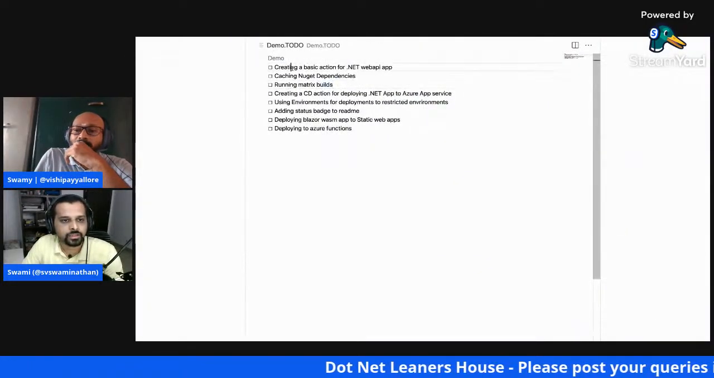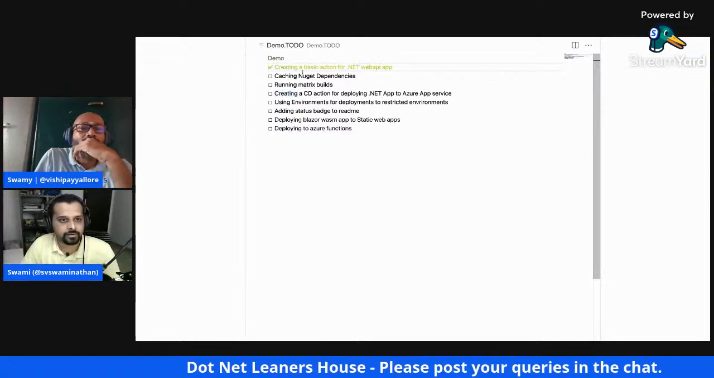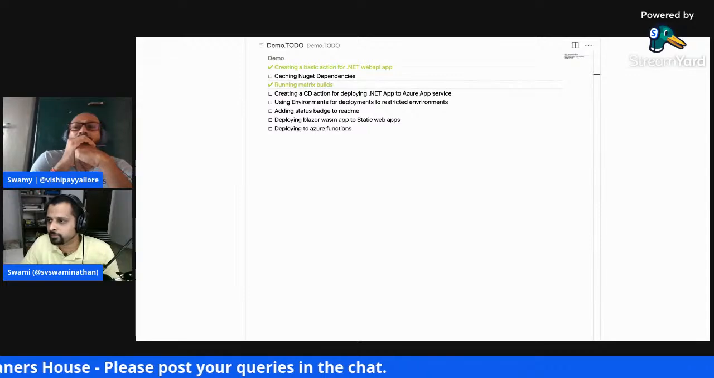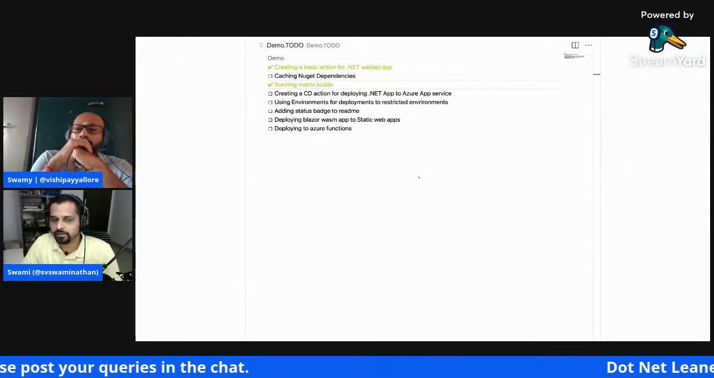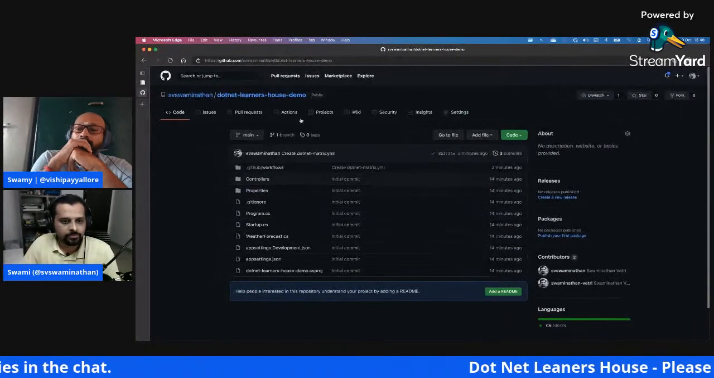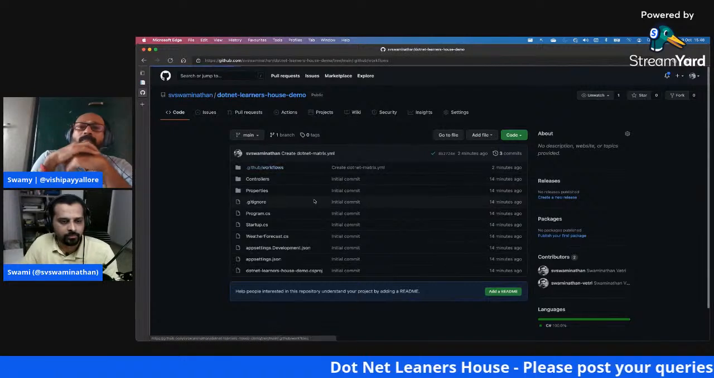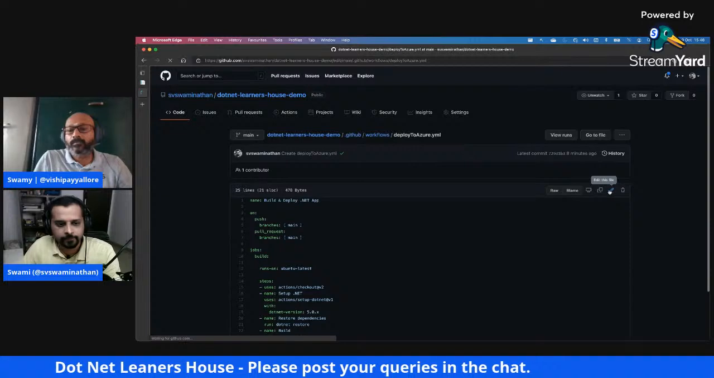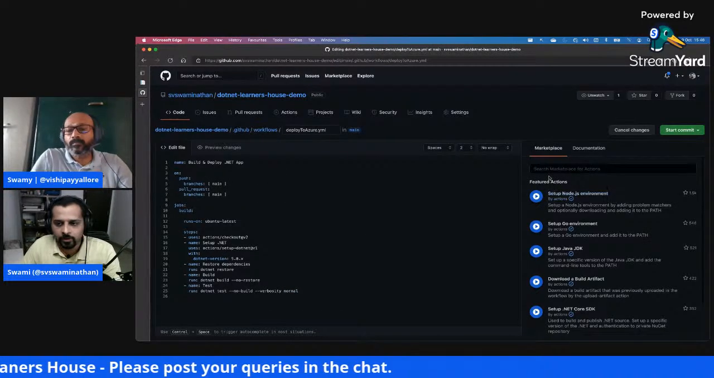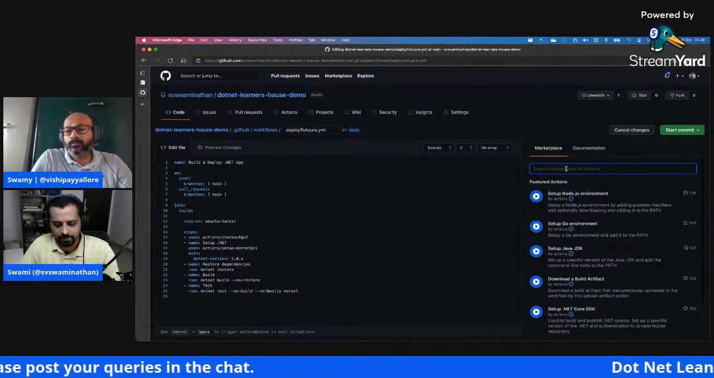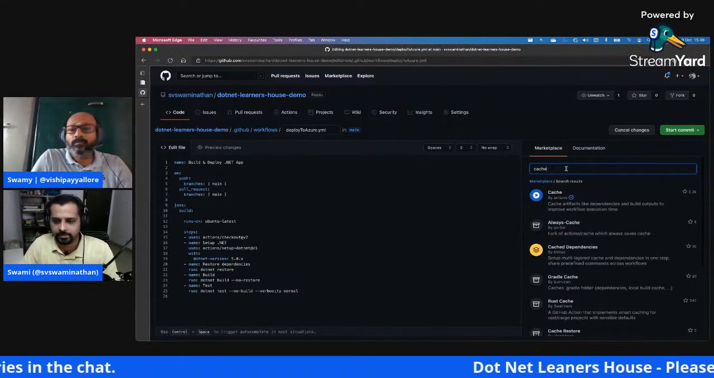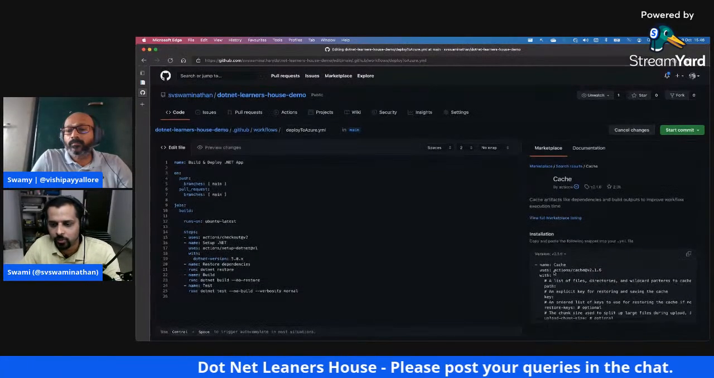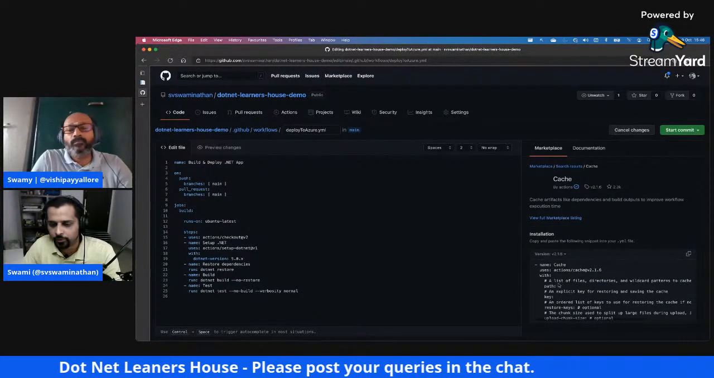And okay, I think I missed the caching part here, and then we jumped into the matrix. Maybe let me quickly show that as well before we jump into the CD aspects of it. So for caching, let's say I want to edit this particular workflow file, deploy to Azure. I'll go ahead and click on this edit. When you come here, you can also see suggestions coming up, so it's search for marketplaces and actions. You can choose something called cache. If you click on it, it will automatically show how to use this particular